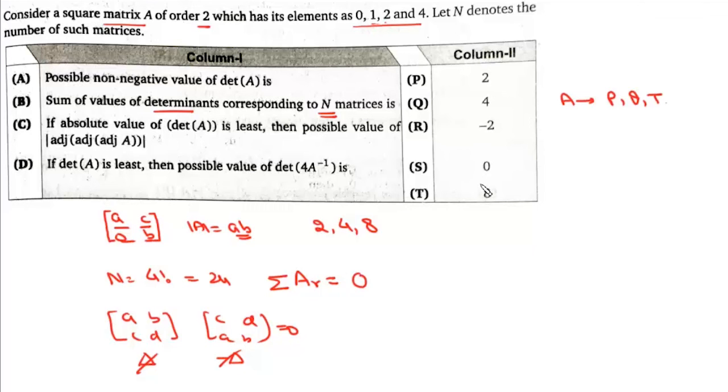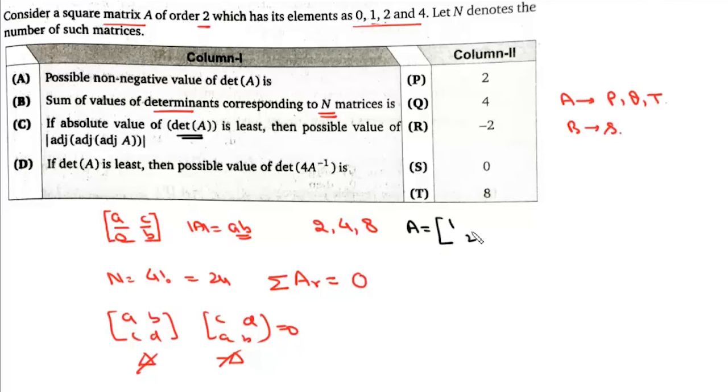So this B, it matches with S. Now this third one is, if absolute value of determinant A is least, then possible value of adjoint of adjoint of adjoint A is. Now least value of this determinant